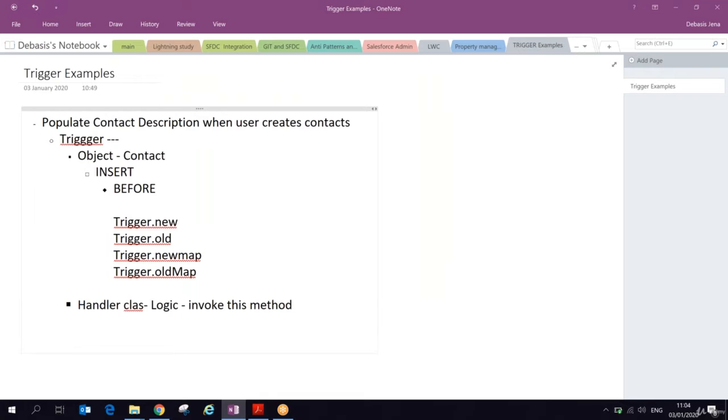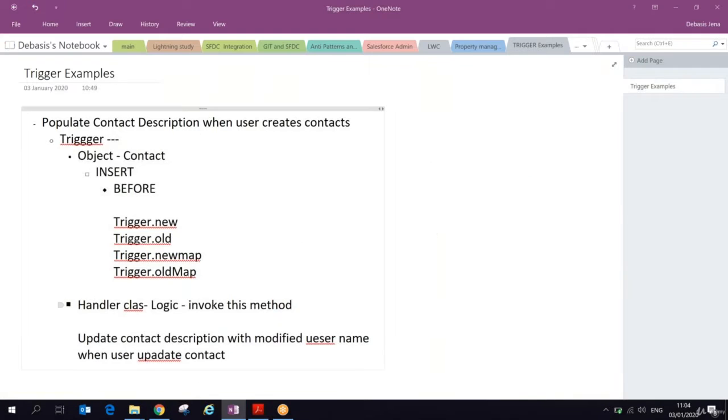So let's see, I want to write a trigger to update the contact description. If somebody goes and updates a contact record, update the contact description with the modified username. I have created a contact here.